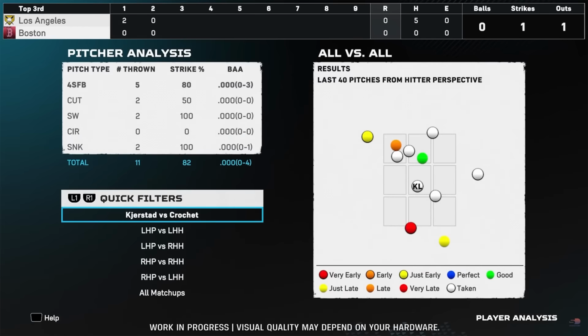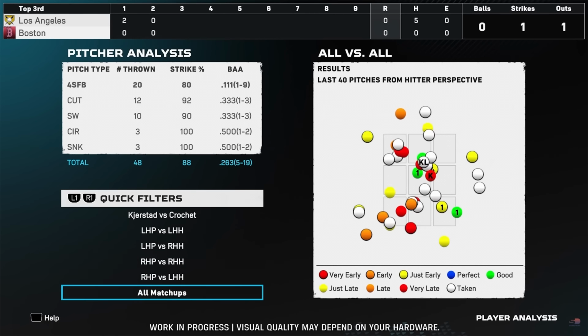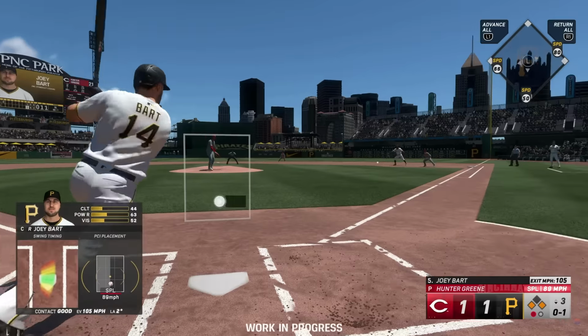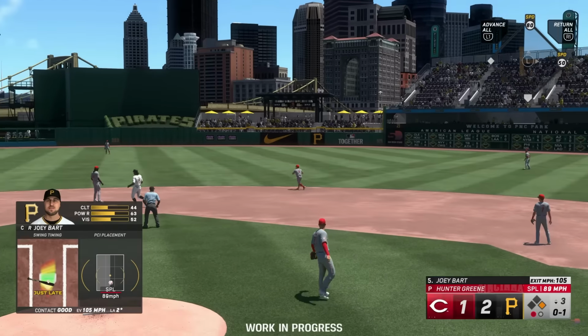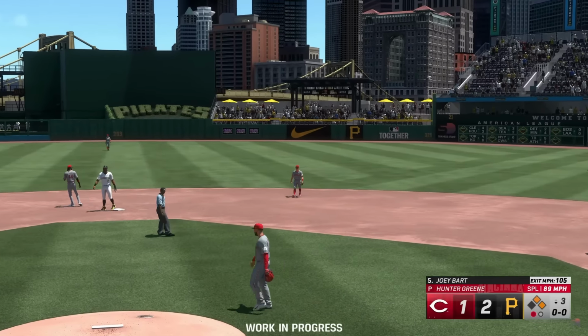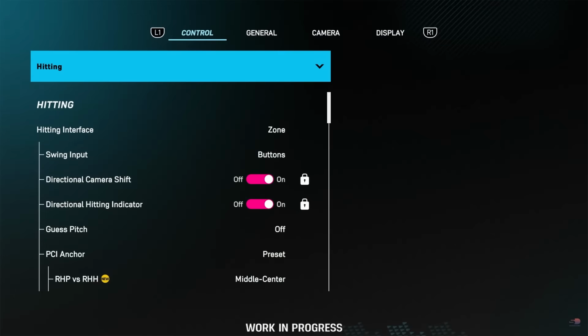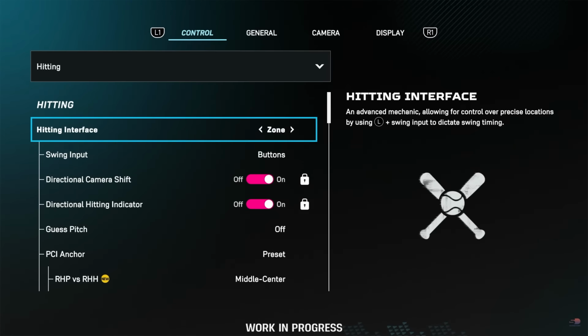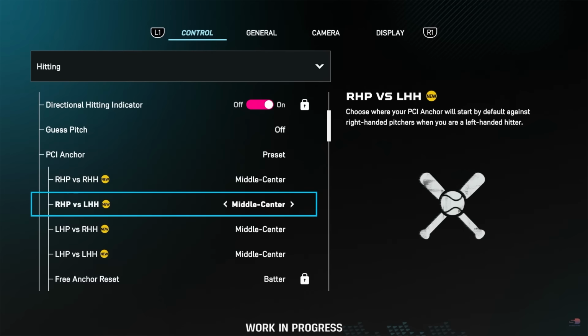We have a lot of D-pad changes. We have just tons of online cleanup that's been done. We're looking forward to just breaking it down with all of you. And in terms of PCI Anchor, we've added a few quality of life things. Dre, if you don't mind pausing real quick and going into settings, gameplay, and then scrolling down a bit. What you're going to see under PCI Anchor is now you can preset how you want your PCI Anchor